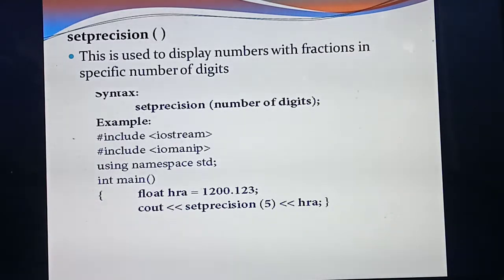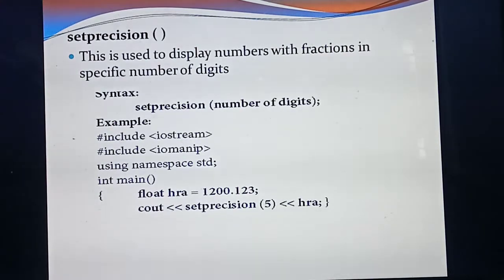For example, you are giving some number, nearly 10 digits. Before the point and also after the point, totally 10 digits are there. But if you set the precision as 5, then in the output screen you can expect only 5 digits. Understood what's the use of setprecision? However many digits you give inside the setprecision, only that number of digits is displayed in the output screen. Understood what's the use of setprecision?